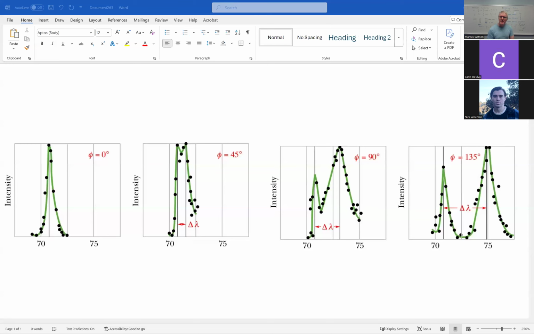Not sure if you can see these or not, but hopefully you can, and if you can't, well, then you won't see them. Over here on the left side, this is an incoming photon energy. If you think of the wavelength here as the horizontal axis and the intensity of the X-ray beam as the vertical axis,